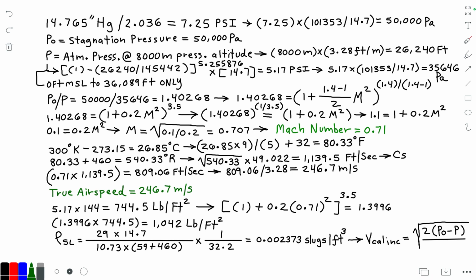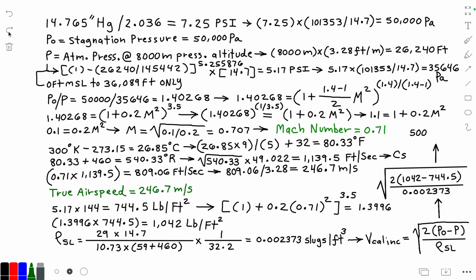And then we actually can combine this with the absolute imperial units for air density, slugs per cubic foot, because we derive that out of 1 over 32.2, and this then equates to a calibrated indicated airspeed